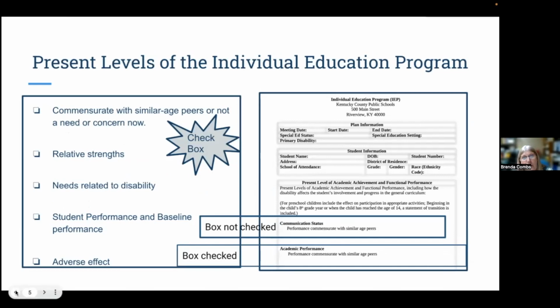All right. So we know most of the time our kids are not commensurate with similar age peers, so we don't mark the box. But there are several boxes that we can mark, and depending on the disability, we can mark several boxes and the age level. So one thing we want to make sure of is that if they're commensurate with peers, you can go ahead and mark the box. But you can still put in information that you would like for others to know that's going to read the IEP, just for their benefit too.